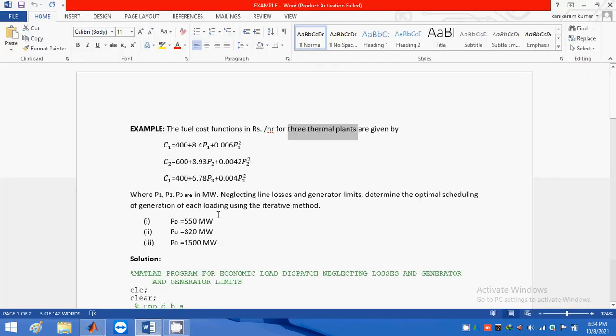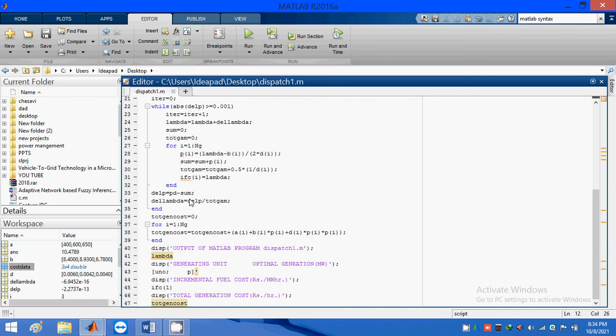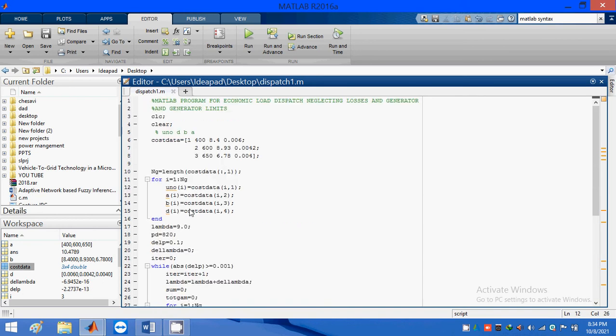Initially, PD is 550 megawatts, so we just need to change the PD value. Here we set the PD value to 550 as given. Run the model.